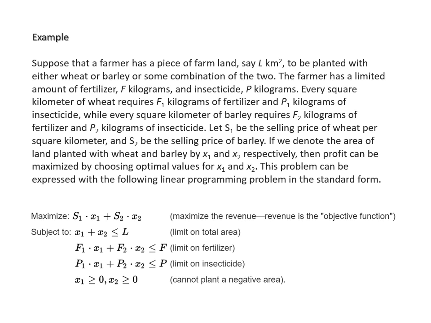Or we could plant all barley, and so the value of x1 would be 0. Or they could both be positive, right? But neither one can be negative. And so the way we express this problem in standard linear programming form is to first identify what